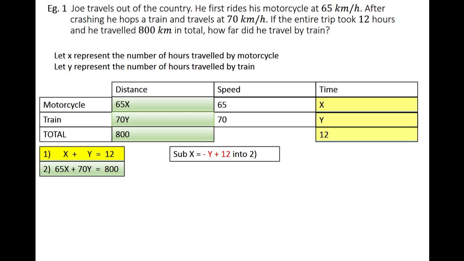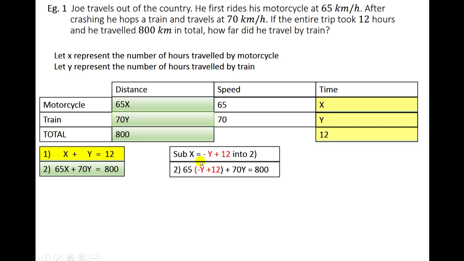What you can do is isolate x in equation 1, and you can do this so that you can later solve for y. Since we are called to solve for y, or the train factor, we want to solve for y rather than solve for x. So, first step here is to substitute the quantity negative y plus 12 into equation 2. And if you do so, you're going to have 65 times parentheses minus y plus 12 parentheses plus 70y equals